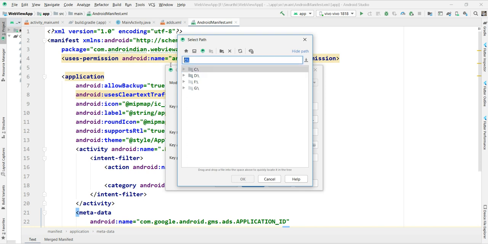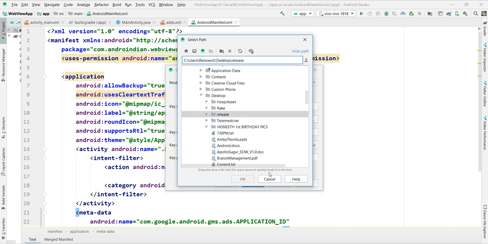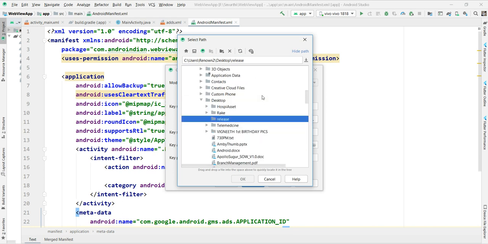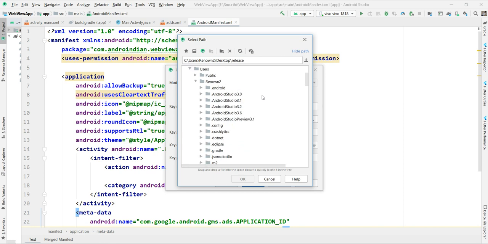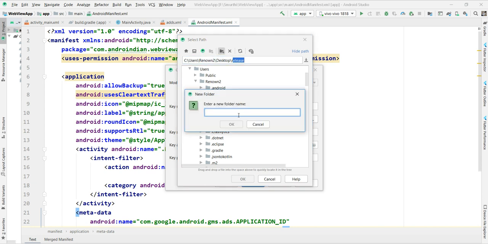I already have this folder, right? So I'm selecting that folder. In this, I want to create one more folder, that is APK.